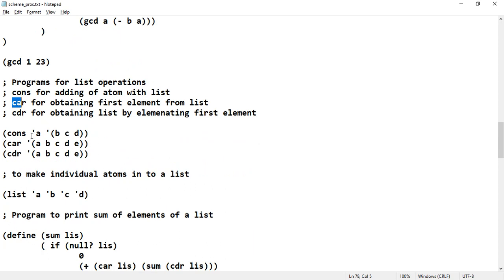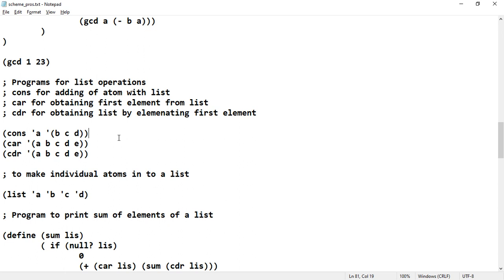CONS A, where A is the atom, and B C D, which is a list. Whenever you say CONS of this, you will get the resultant list A, B, C, D. CAR of A, B, C, D, E means you will get the first element. That is CDR of A, B, C, D, E means by eliminating the first element A, you will get the remaining elements.